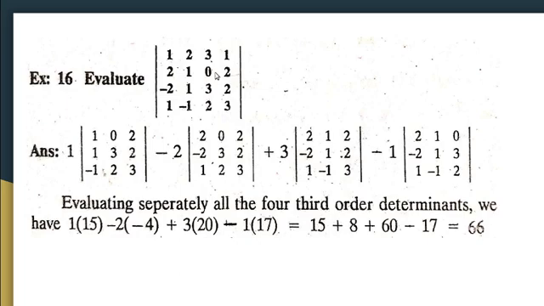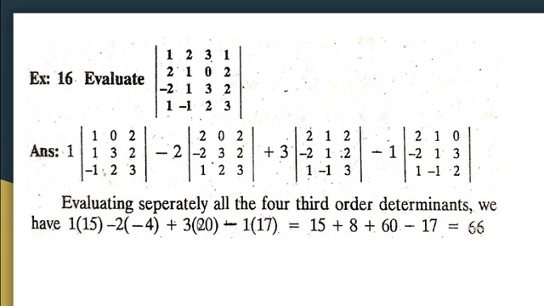Here we have a 4 by 4 determinant. Then by simplifying this we will get, that means we take the first element, then consider the determinant of the remaining values, then the second element, put a negative sign for the second element, that is -2, then take the determinant of the remaining values, then put a positive sign for the third element, then take the determinant of the remaining values, put a negative sign for the fourth element. So alternate positive and negative signs for the first row elements, and find out the determinant value of the remaining elements by crossing out the rows and columns in which that element exists.